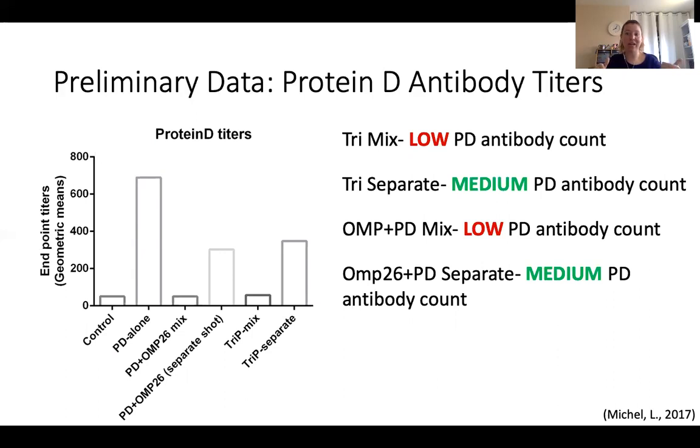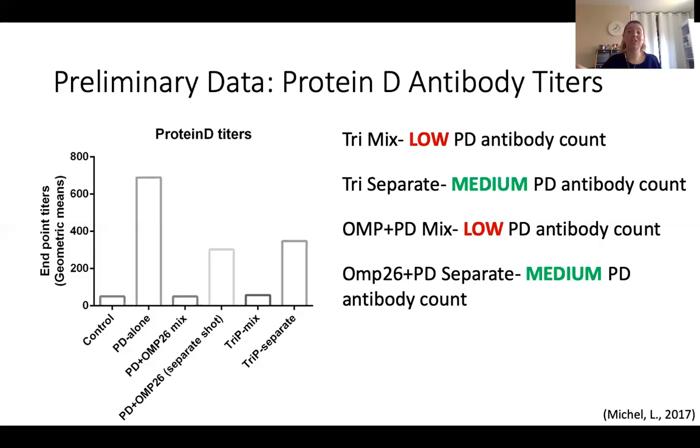This should have generated a high number of antibodies against protein D. It should have been very similar to as if protein D is alone, because you have lymph nodes in your joint. That's where you make antibodies. However, it only generated a medium antibody count once again. So we're starting to think somehow they're finding each other in the body and interacting and preventing antibodies being made